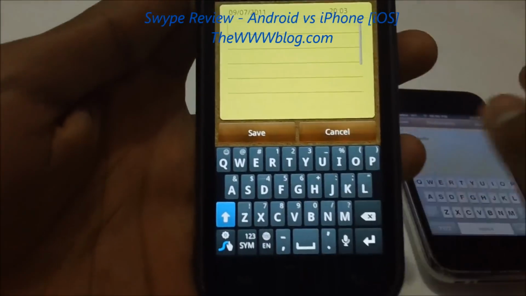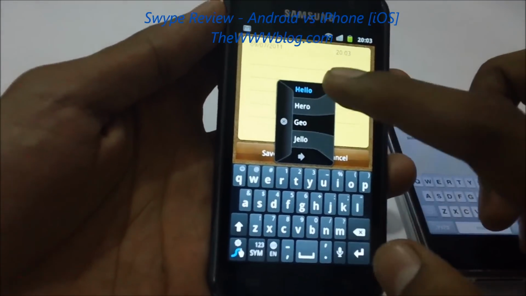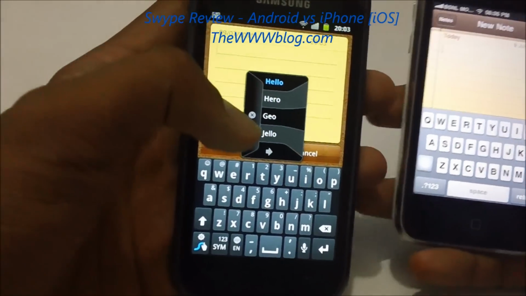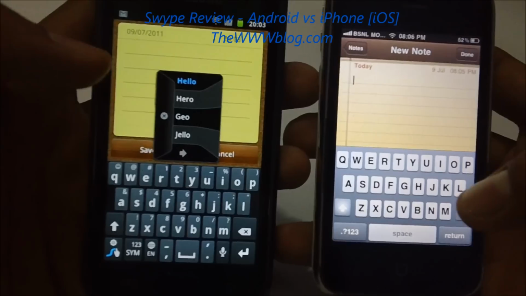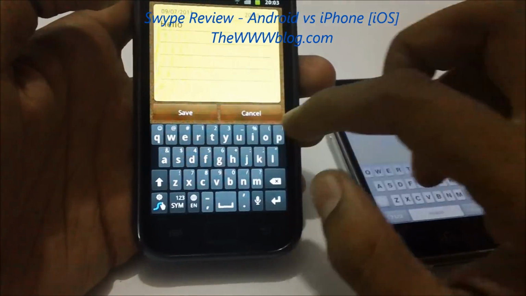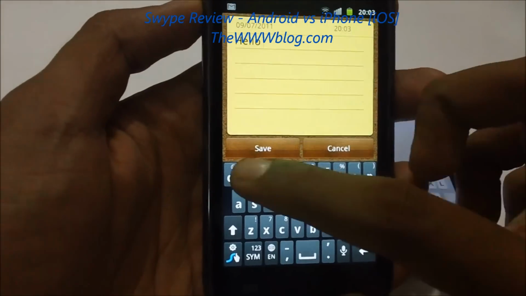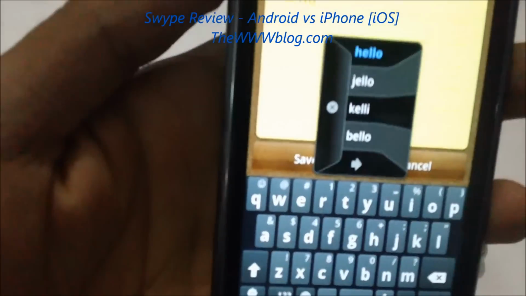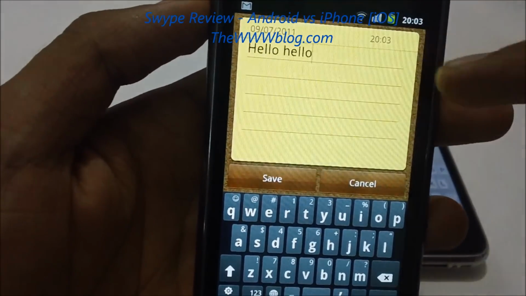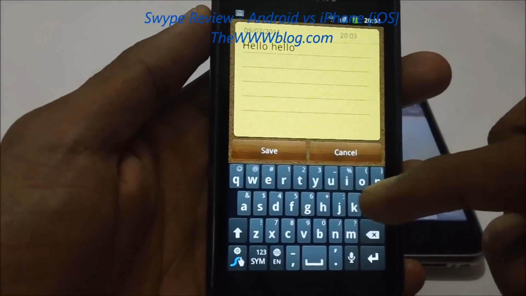The same thing in the Android phones like this Galaxy. This is one of the differences between the two phones and the two OS. Here there are suggestions of different words. Here you can select from one of those words. And another feature is that when you type in the Android phone, one is these suggestions, where you can select the one you wanted, and you don't need to hit the space bar. It automatically sets the space.